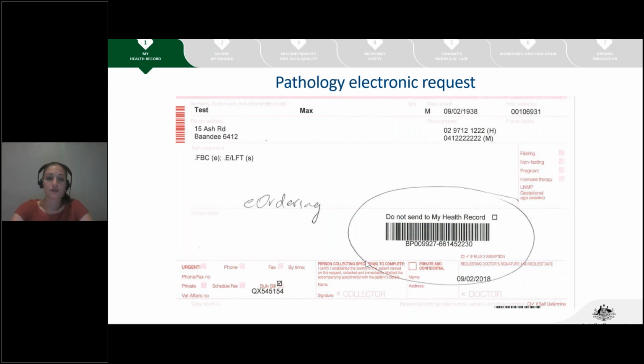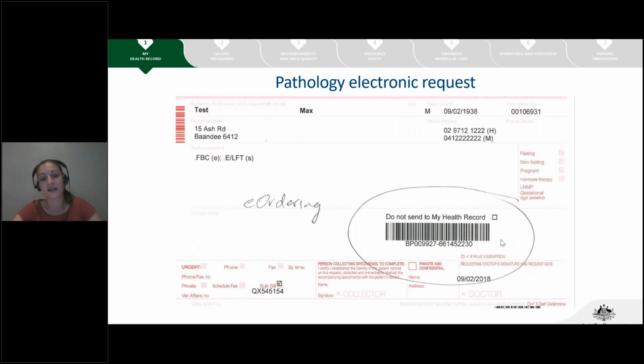Now the trick is that we call it an electronic request, but you would still print it out on paper. So it will look very similar to your other standard pathology request, but on paper, there will be a barcode on this piece of paper if your test order has been completed as an e-request, an electronic request,